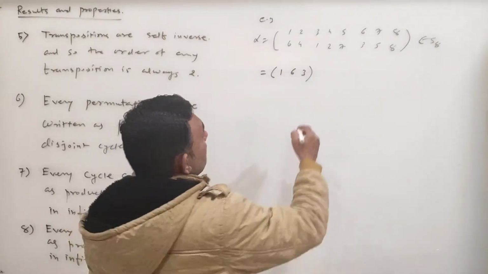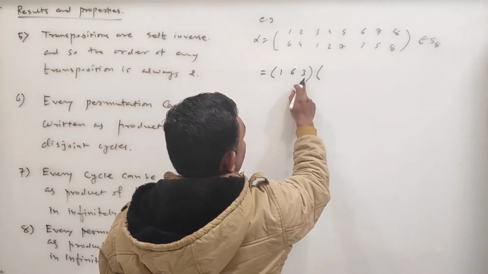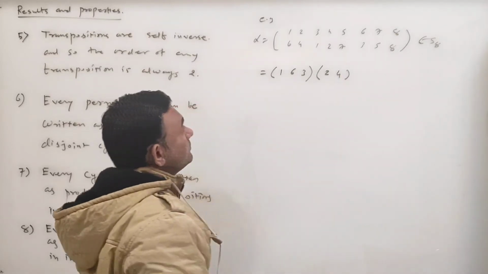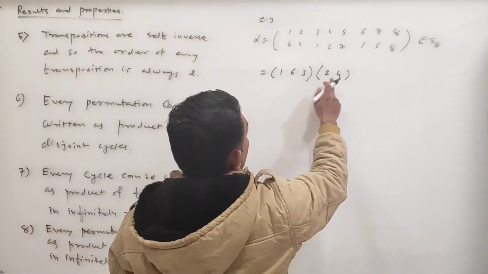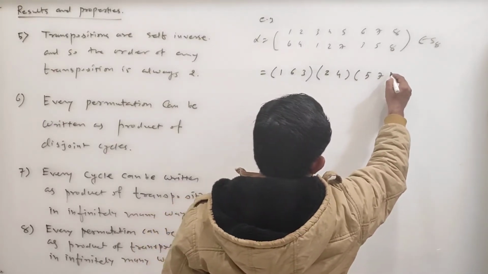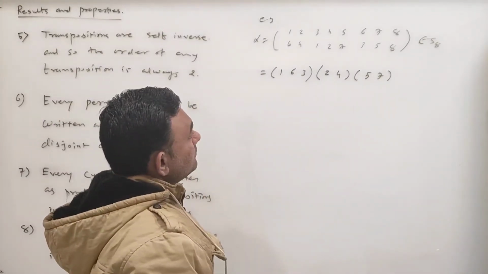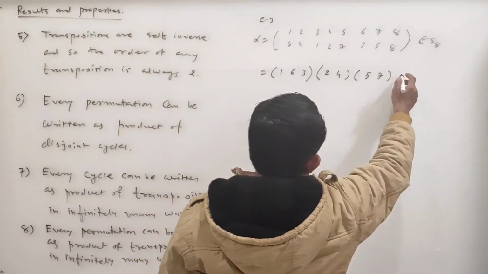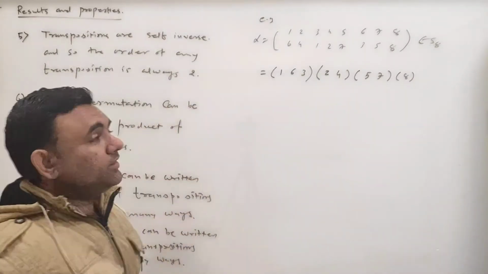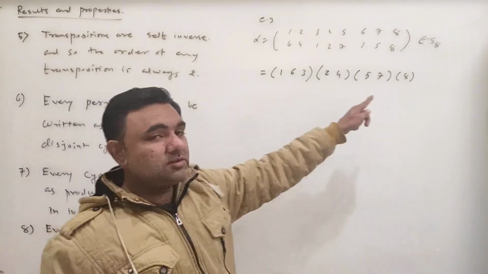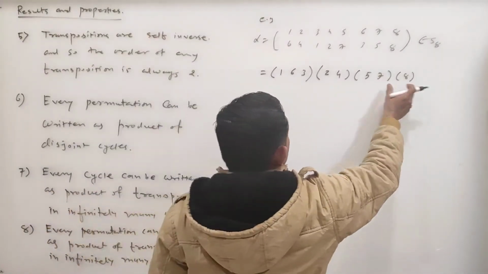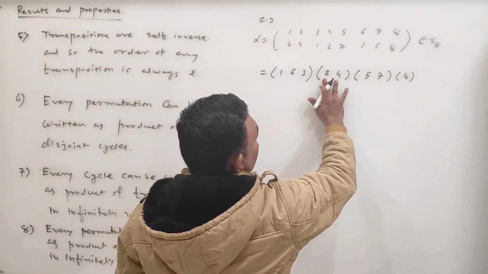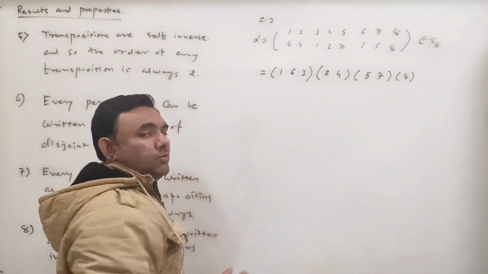So stop. Now you start with any symbol which is not here, so 2 is not here, so 2 goes to 4, 4 goes to 2. Stop. Now 1 2 3 4 5, 5 is not here, so 5 goes to 7, 7 goes to 5. 1 2 3 4 5 6 7 and 8 is missing, so 8 goes to 8. So now every symbol is covered, but this is a product of disjoint cycles. इस साइकिल में जो सिंबल है वो यहाँ पर नहीं है, यहाँ पर है, वो यहाँ पर नहीं है, मतलब they are mutually disjoint cycles.